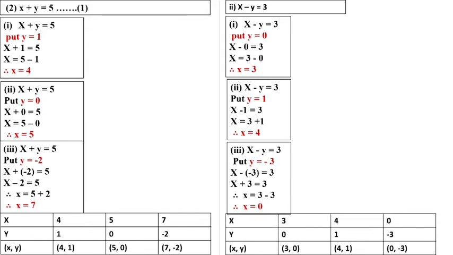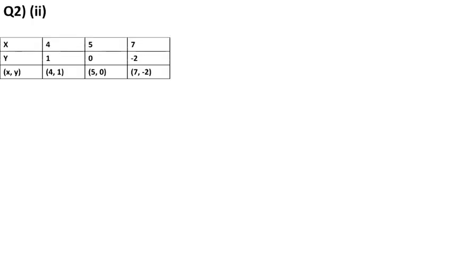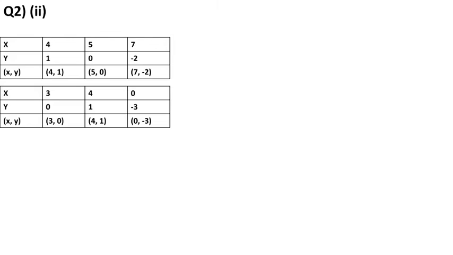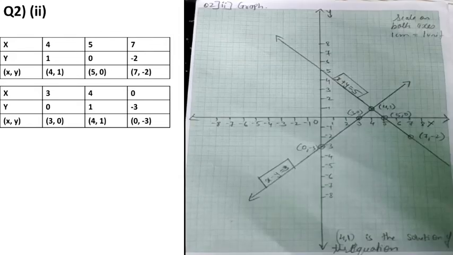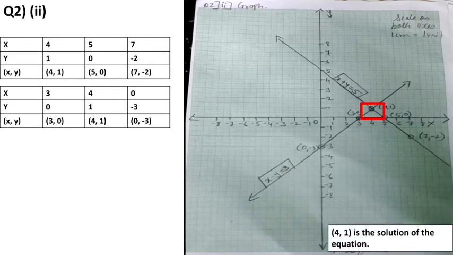Now fill the boxes. Now after filling the boxes, we have to draw the graph of the second one. These are the values we got for the graph. Take the points and draw the collinear lines. With the second box, all the 3 points we have to plot on a graph paper and draw the collinear line and write the equation on that. Where these two lines intersect, on 4 and 1, is the solution of the equation. Intersection of these two lines where they meet is the solution.